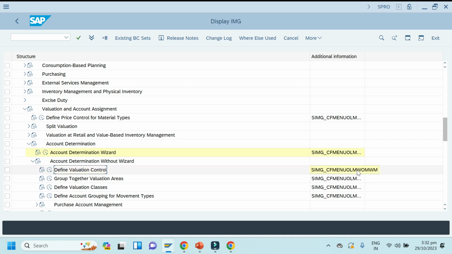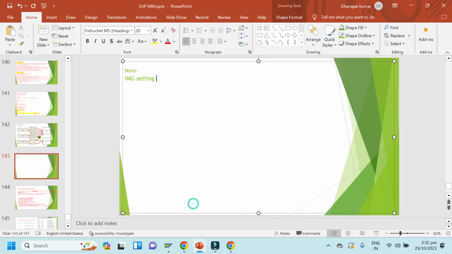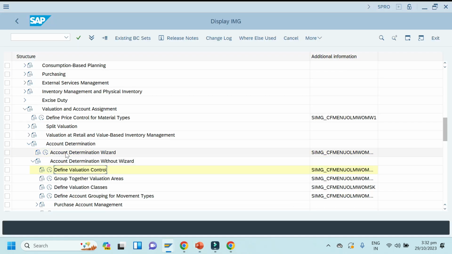So what is the T code? Note it down. T code OMWM. T code is OMWM. You can note it down here. I'm just simply typing here.